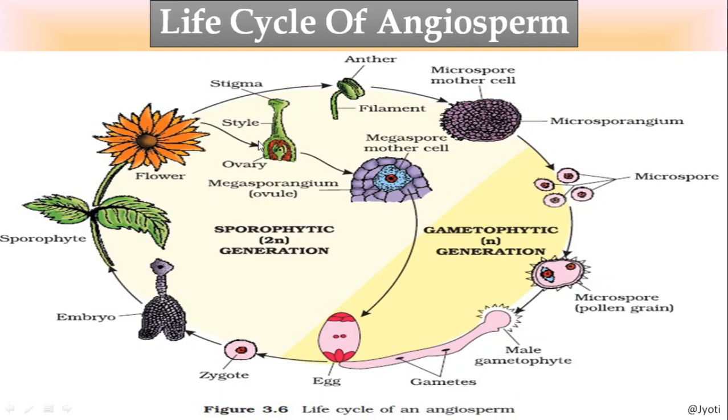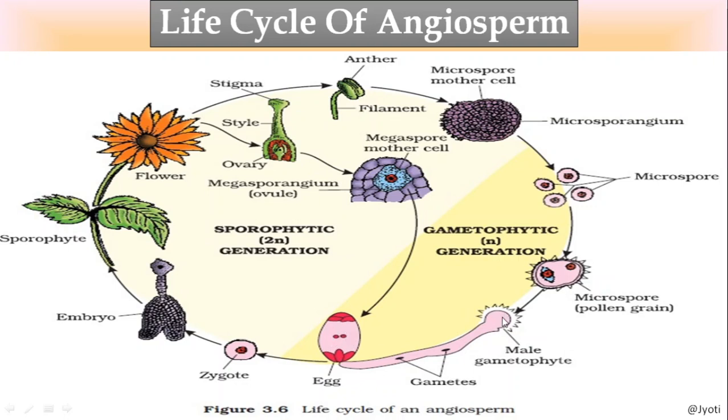Let us see the female reproductive structure. In the female reproductive structure, the stigma is there, then the style and ovary. And in the ovary, the ovule is present. When the ovule is developing, first of all, one of the cells present inside it becomes bigger, and that cell is called the megaspore mother cell, and the megaspore mother cell develops into the embryo sac. In the embryo sac, as I have told you, there are 8 nuclei: 3 antipodals, two synergids, one egg cell and two polar nuclei.